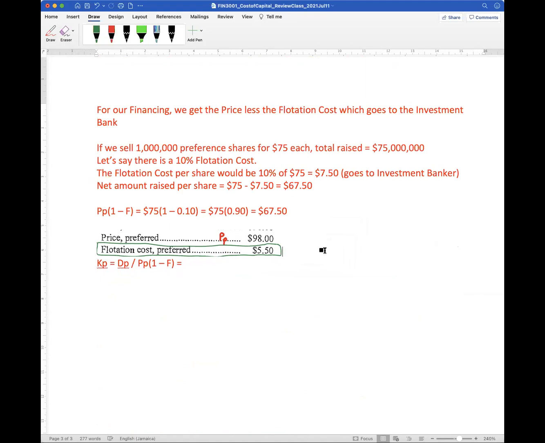The price of the preferred stock is $98. That's what we're selling each unit for. The flotation cost is $5.50. So the money that we get for selling the shares is not $98. It's $98 less the $5.50 that has to go to the investment banker. So we can say the net price is equal to